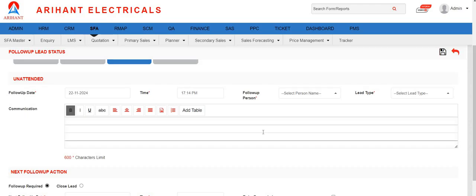So let's suppose the lead is unattended. At this time only, we want to take the follow-up for this lead, and it's only the first time we are calling that particular lead. So once we call, at that time only we have to fill in this information: follow-up date, time,